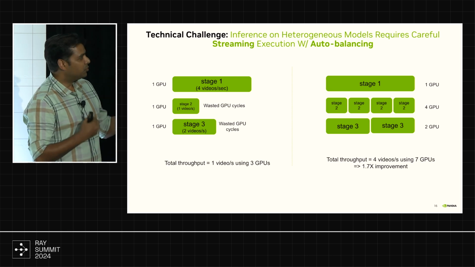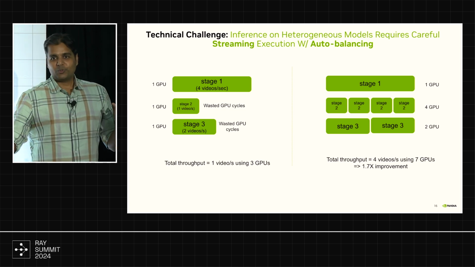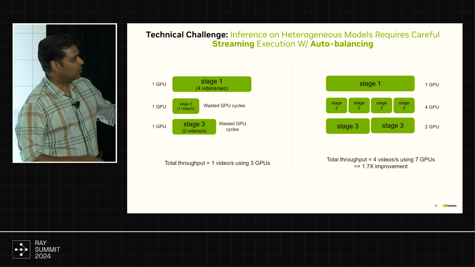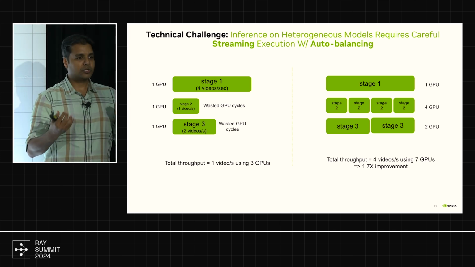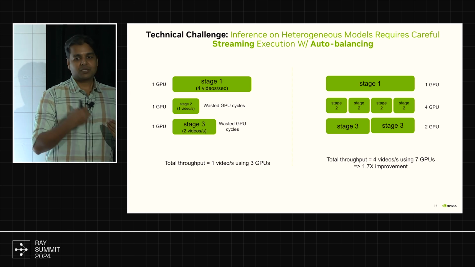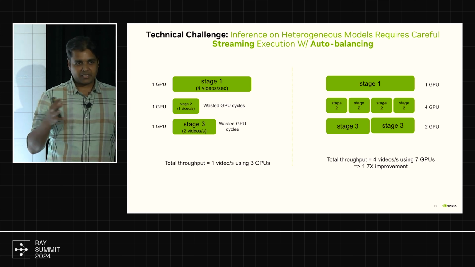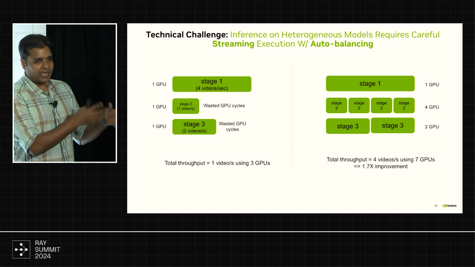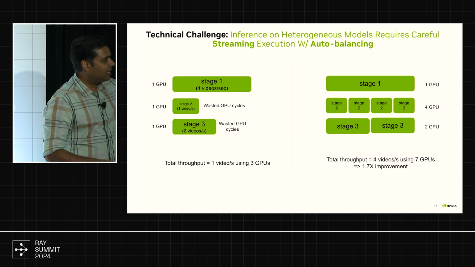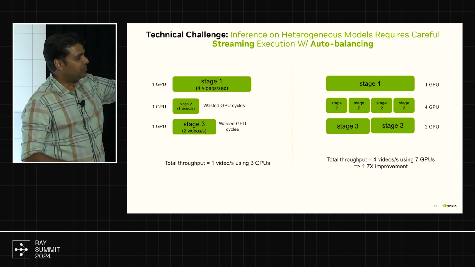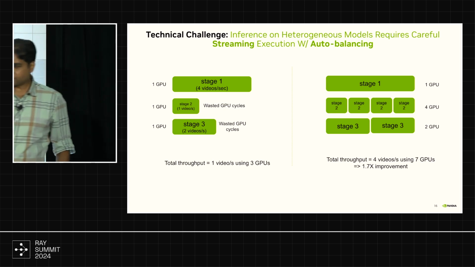How do you solve it? Let's say this is the speed of light, you cannot run it faster on a GPU. You give more GPUs to the second stage and third stage, right? So what we do is we build this auto balancing as part of our pipeline, where we measure the throughput of each stage, and then we realize that if some stage needs more GPUs, we run more copies of that stage. We spin up more actors. For people who are familiar with Ray, we spin up more actors for those slow stages, and then finally we get a balanced pipeline, right? So in this example, if we went from 3 GPUs to 7 GPUs, we get a 1.7x improvement in throughput, right? So that's what we get.